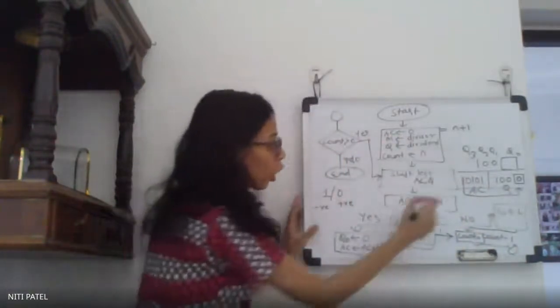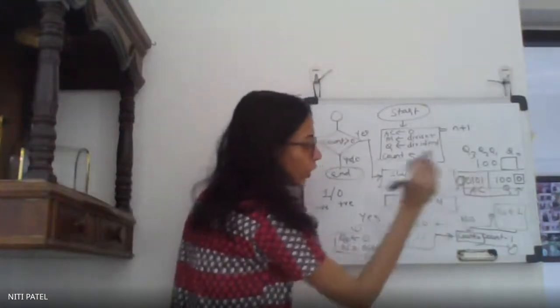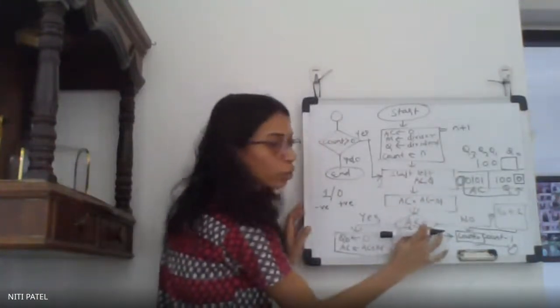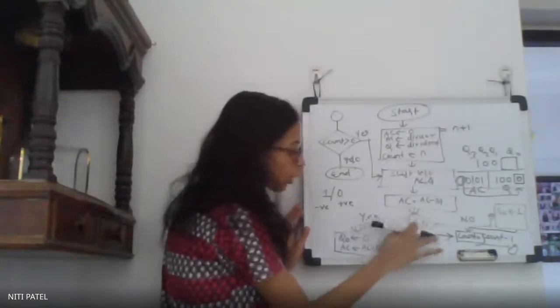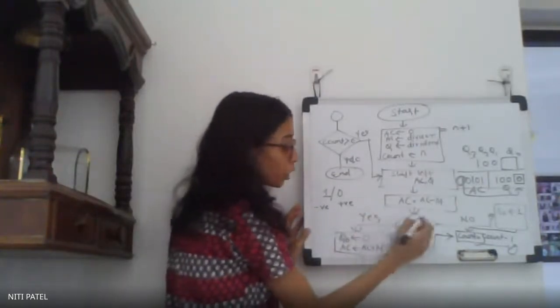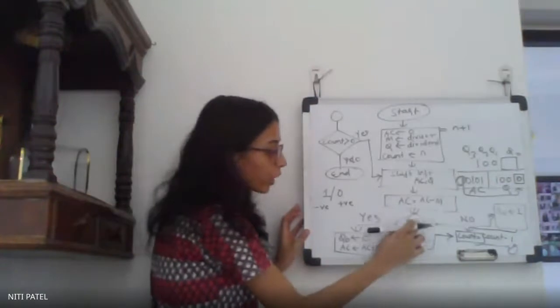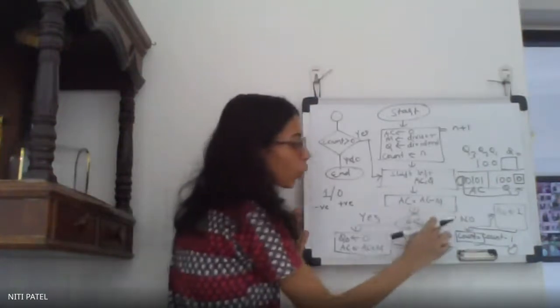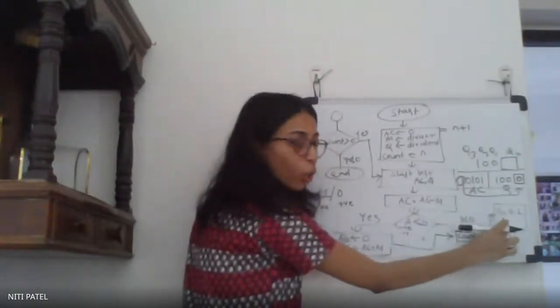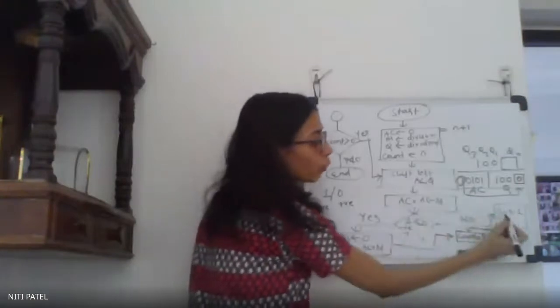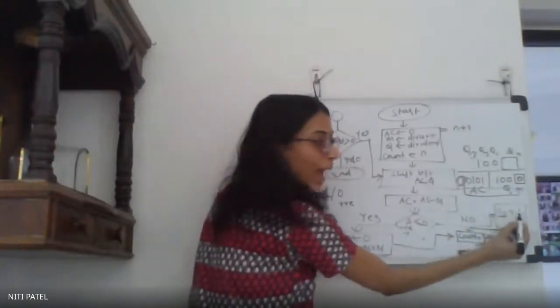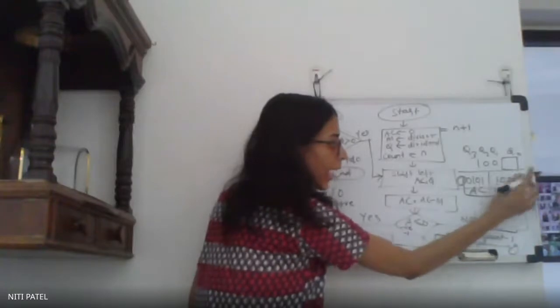Now if you have 0 over here, is 0 less than or equal to 0? Not less, sorry, this would be only less than 0. So if the number is not negative, you have to go to the no part. When you go to the no part, you assign the value of Q0 as 1. So this will be assigned as 1.